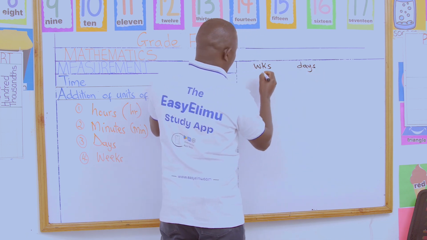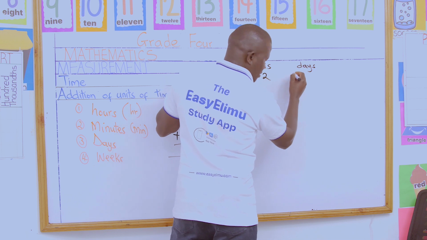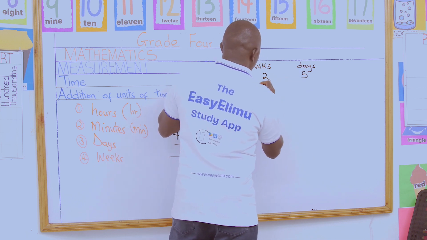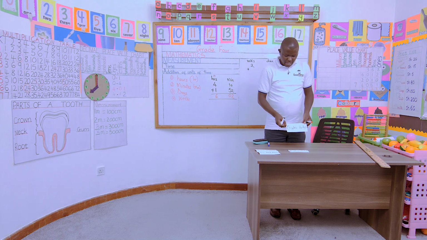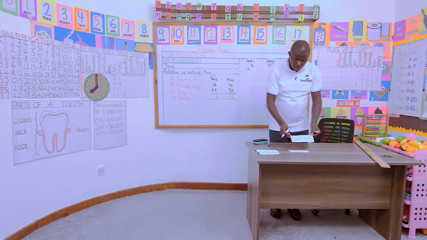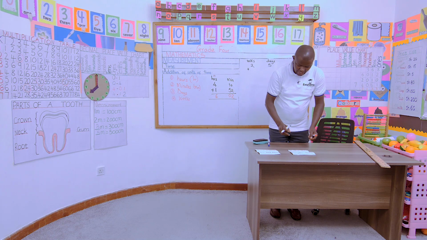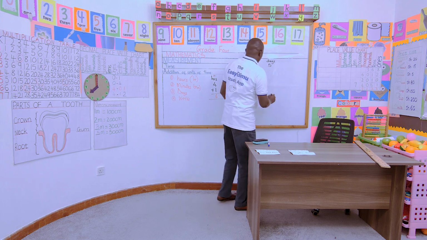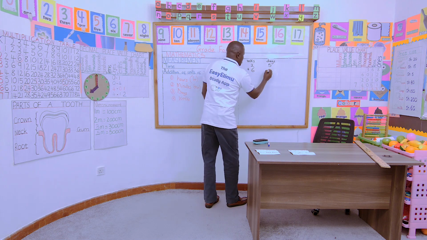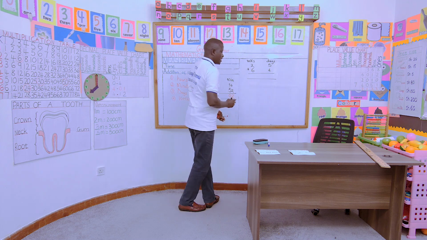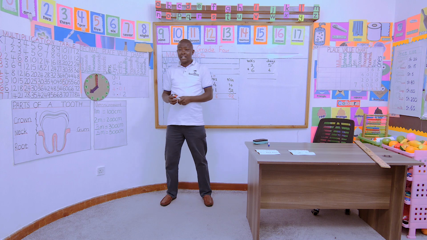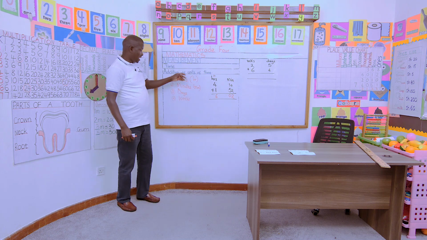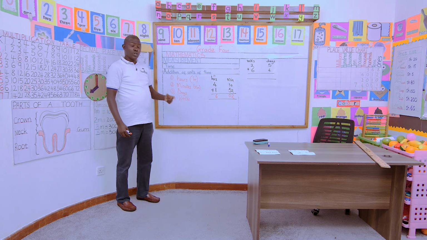So we have 2 weeks and 5 days. We are adding 6 weeks and 4 days. Let us add. Remember, when we were working with time, we were converting days to weeks and weeks to